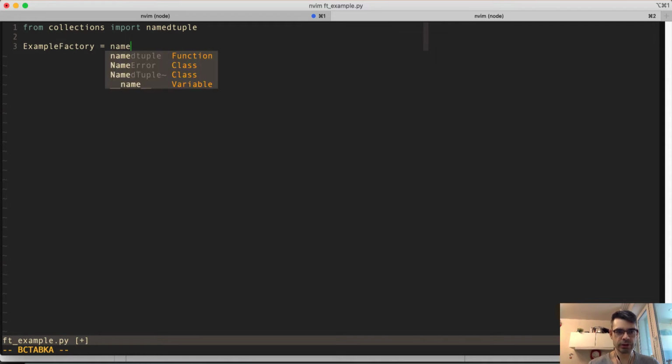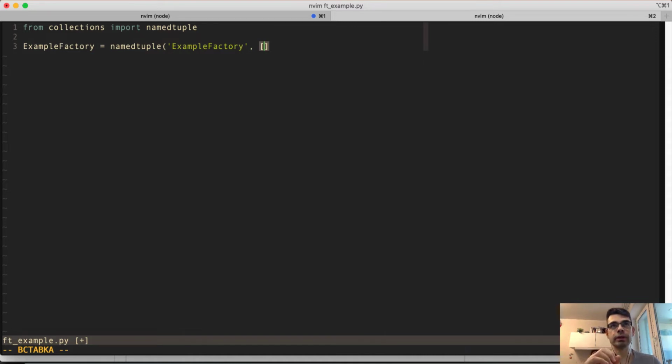I forgot. Okay, namedtuple. The factory, and to define the list of attributes of this factory, we have to put it here like a list of name and, let's say, value, and then this is a factory, and for instantiating an object we have to